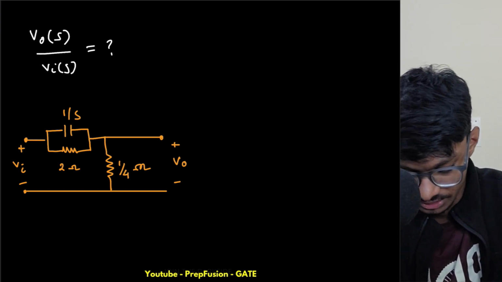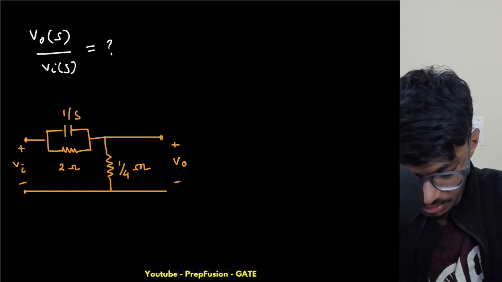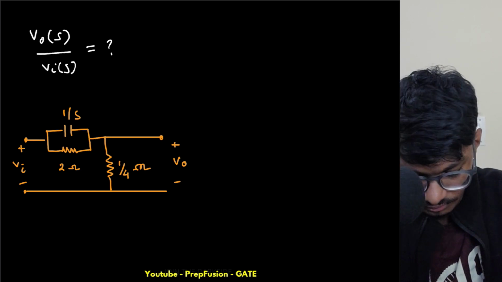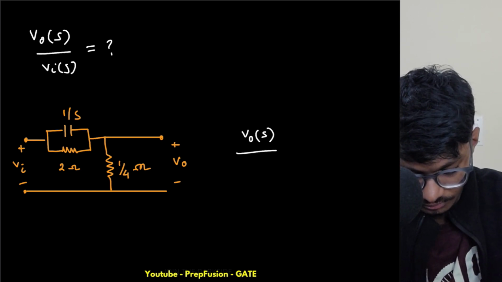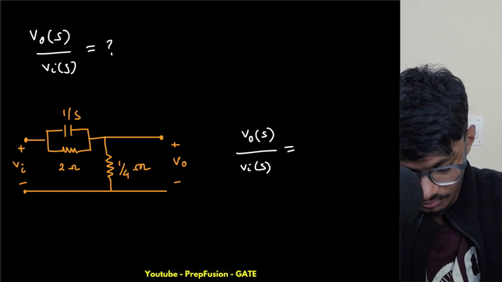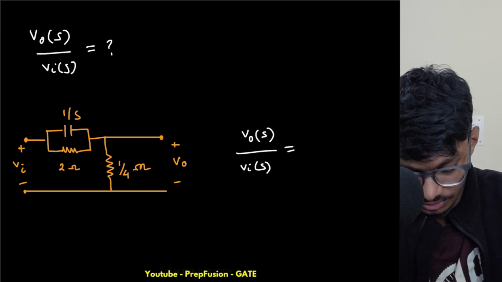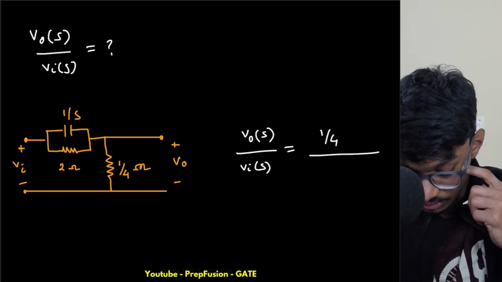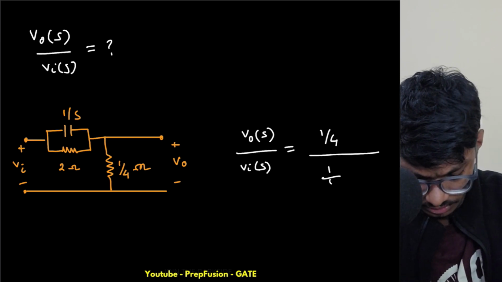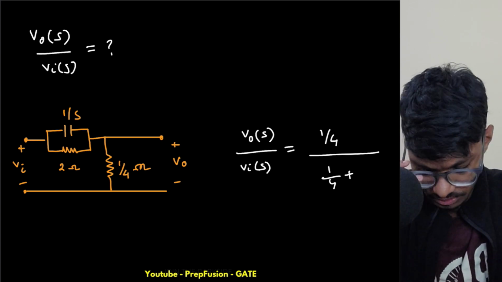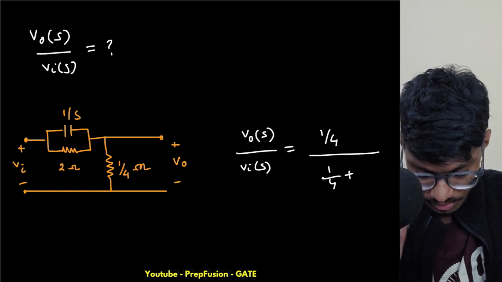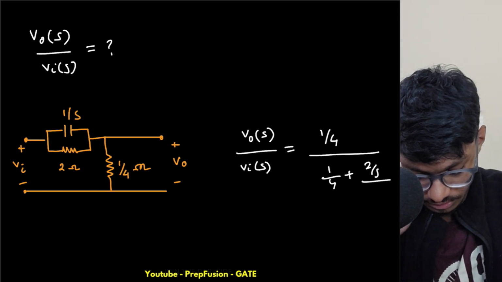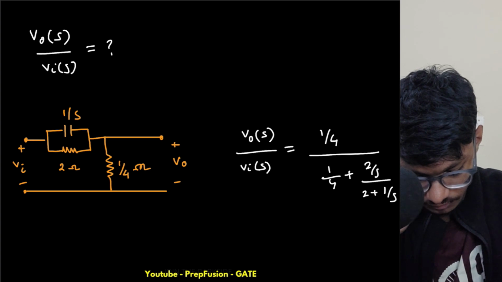It is like a voltage divider, so it will be 1 by 4 divided by 1 by 4 plus 2 by S divided by 2 plus 1 by S,